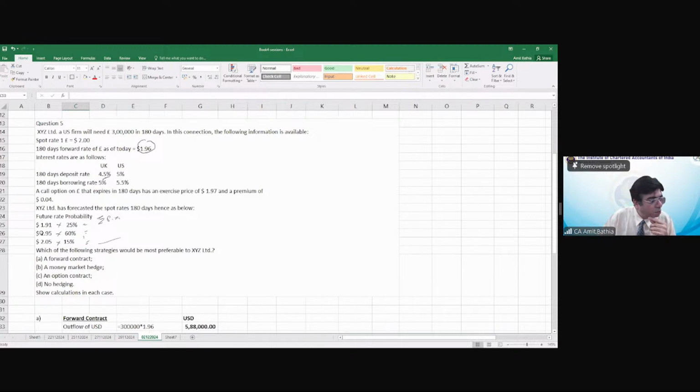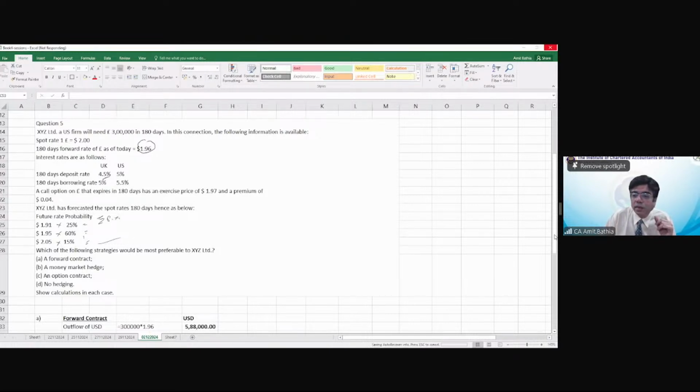A call option on pound that expires in 180 days has an exercise price of $1.97 and a premium of $0.04. XYZ Limited has forecasted the spot rates 180 days hence as follows. So we are given the future rates, which are 1.91, 1.95 and 2.05 with probabilities of 25%, 60%, 15% respectively, right? All right. So now